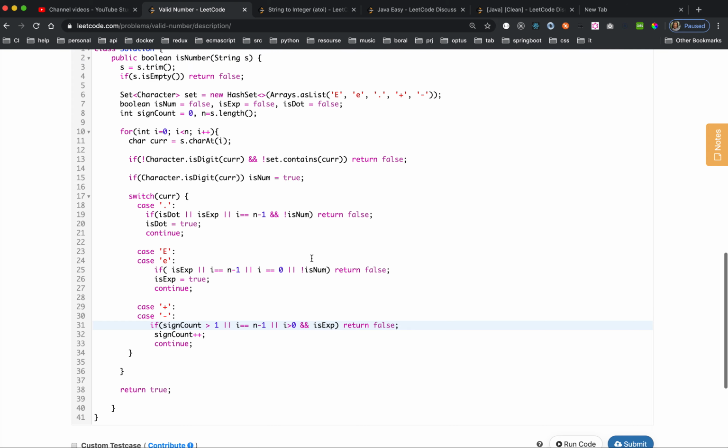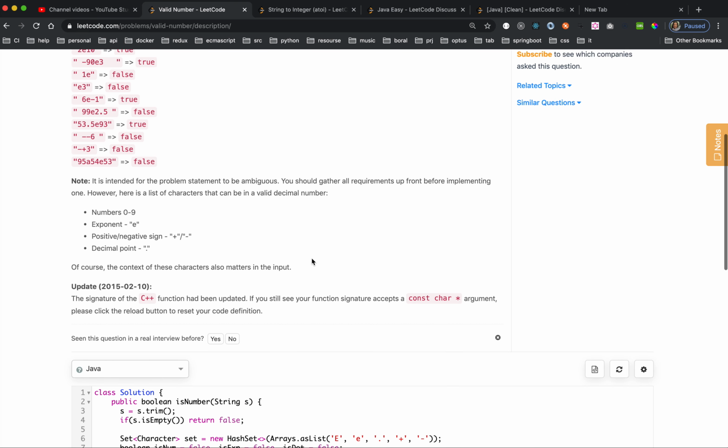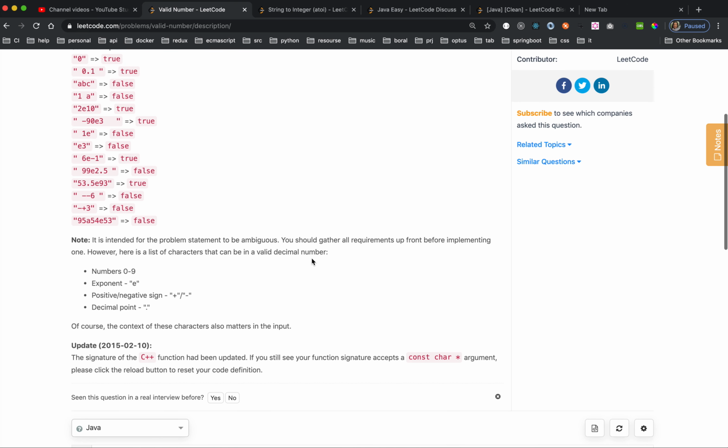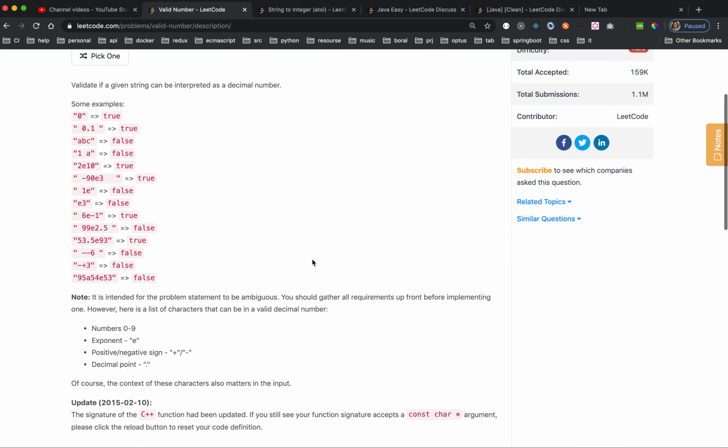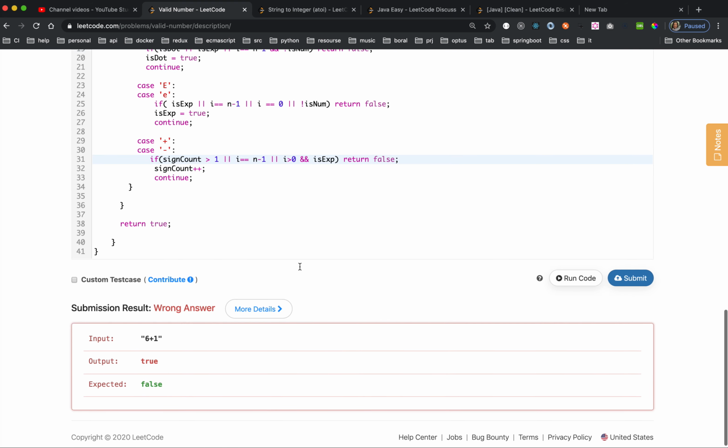So it can be this one, and it's not an exponent in here. It cannot be an exponent. This 6 plus 1 is true, but actually it cannot be expressed, so if you test,